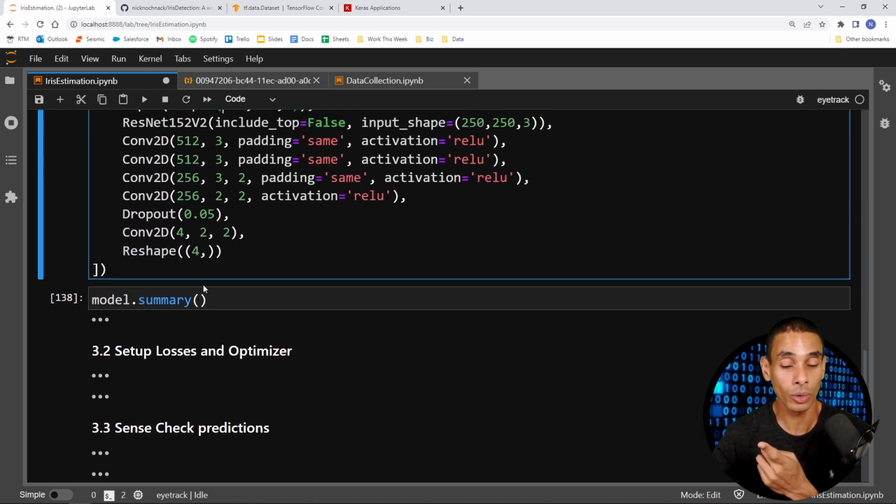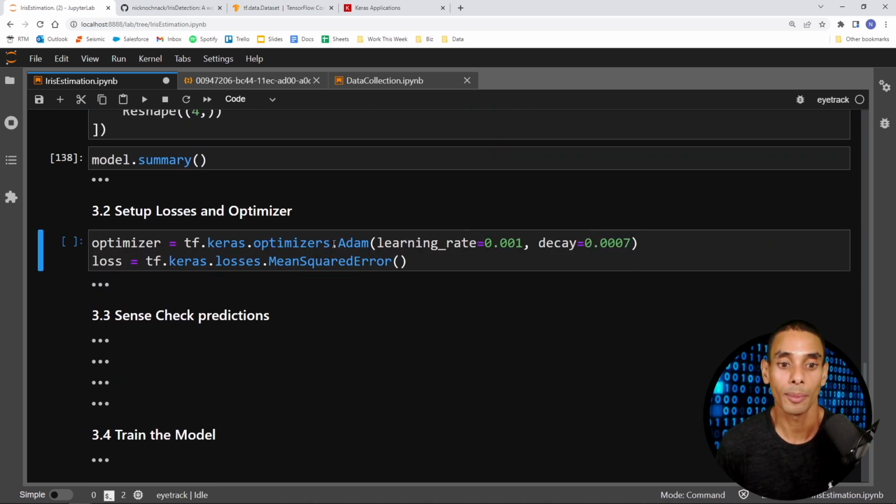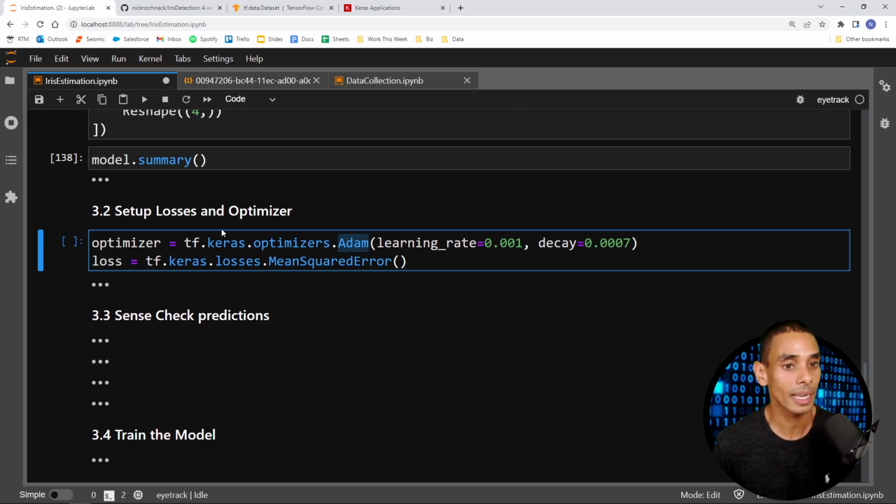So we need to compile our model. And by compiling, we need to pass through the optimizer and the loss function. So first things first, let's define our optimizer and our loss function. Our optimizer is going to be an Adam optimizer. Again, there's a ton of different ones that you can use if you want. So we are creating a variable called optimizer and setting that equal to